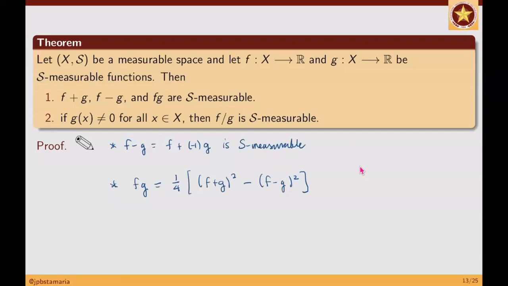Okay? Okay. Ganito, si F and G are both S measurable. Sabi nung number 1, si F plus G, tsaka si F minus G, parehas S measurable. Sabi ko kanina, if you apply a continuous function on a measurable function, measurable pa rin. So if I take the squares, they remain measurable. So ang difference ng dalawang S measurable ay S measurable. And if I multiply another constant, it maintains its measurability. Therefore, this is S measurable.